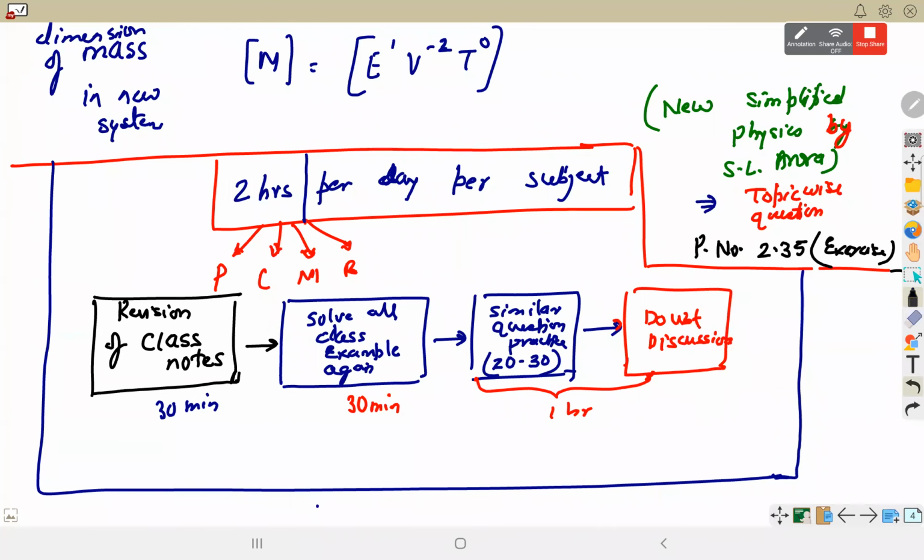surpasses human intelligence, we will become a bunch of idiots. I'm not saying that for all of you, don't worry. But the problem now is, you don't put up any doubt. You think, okay, I will see on YouTube, I will see on Google. The thing that can be solved in 5 minutes by teacher discussion takes 2 hours to see a complete video, even though you may not be able to find the required solution. So this is always an option, but not in the first go. First, discuss the doubt with me or with the respective teachers.